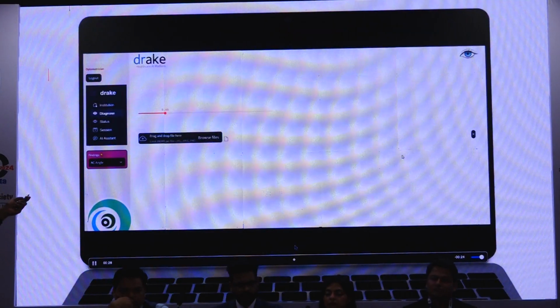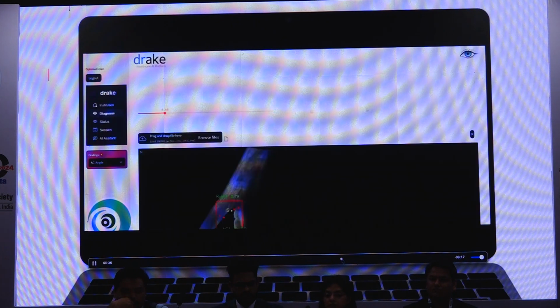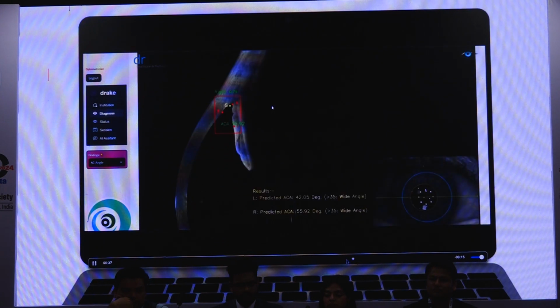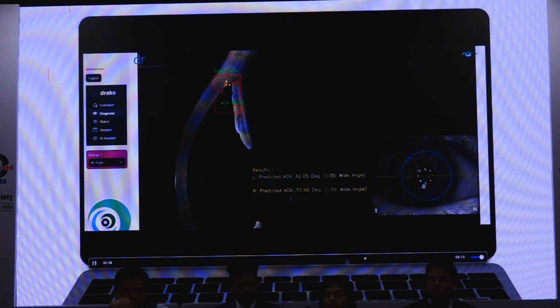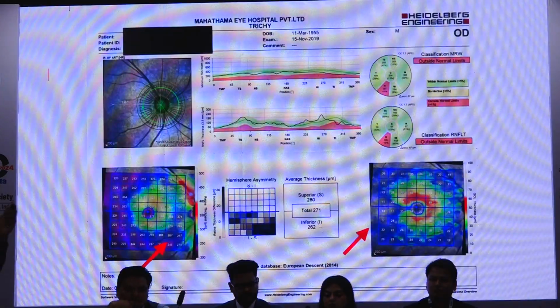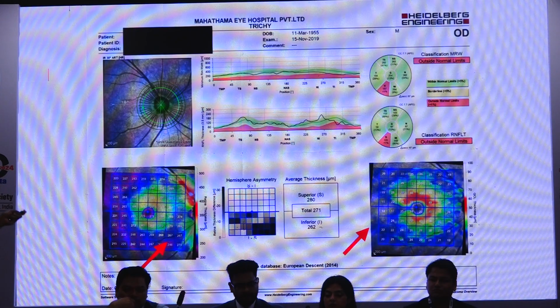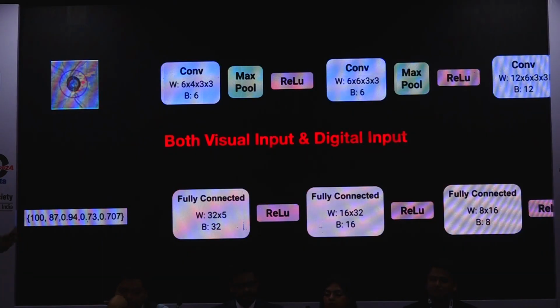So once you put this into the app, you can see that automatically you will get whether it is an open angle or a closed angle and what the angles are. But it looks as if it's automatic, but a lot of human brain or human intelligence has gone along with the artificial intelligence. Again, this is another bimodal AI for OCT that we made, where we use the visual marker and the numerical markers. You can see the code. So this has been made by humans.